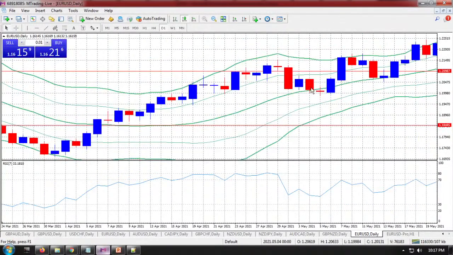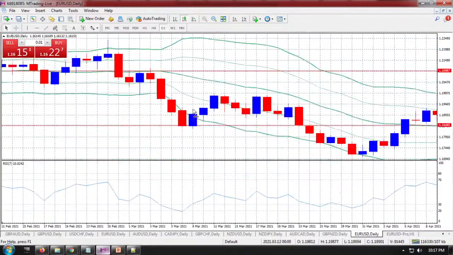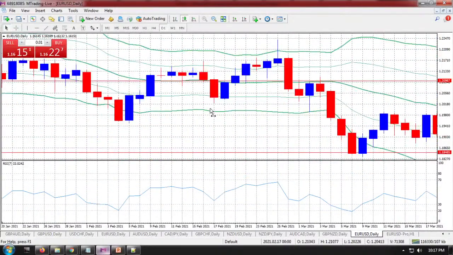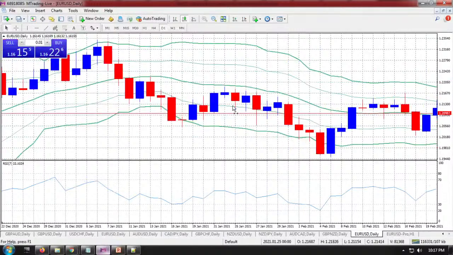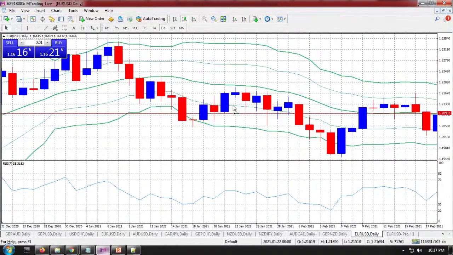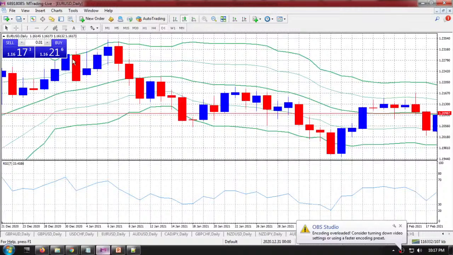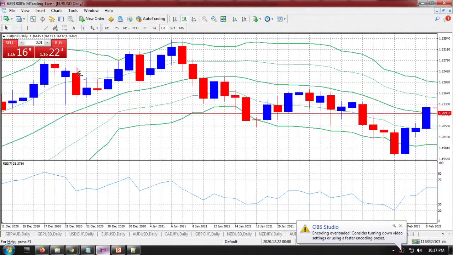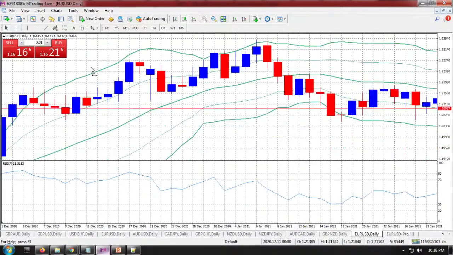We have this. Where is it? I'm trying to zoom in so that we can all see it. Okay, let me check this. So you can see this candlestick, and this, okay, yeah, this is not an engulfment. This is not an engulfment, so we can't use that. All right, let's search for